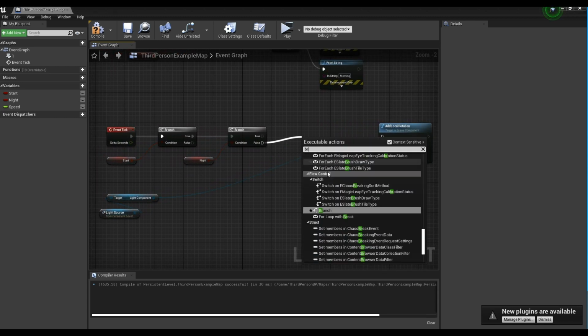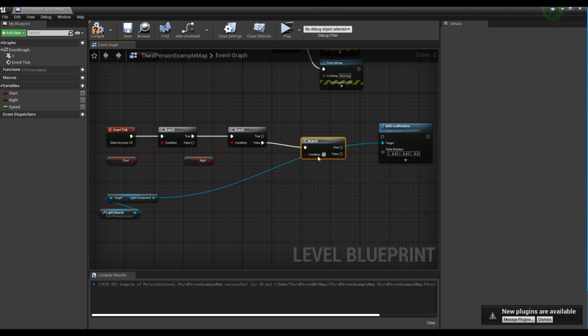Drag the false pin of the branch node to which the night variable is connected to create a branch node, and then connect the false pin of the created branch node to the Add Local Rotation node.